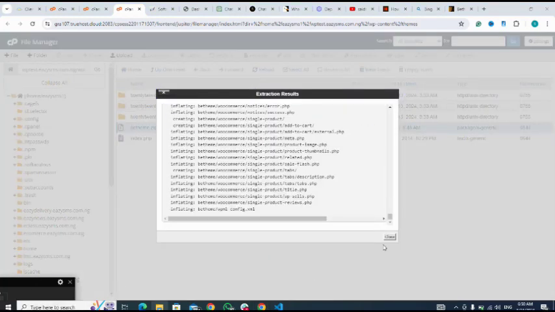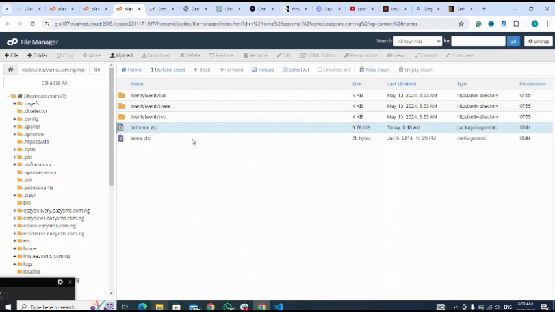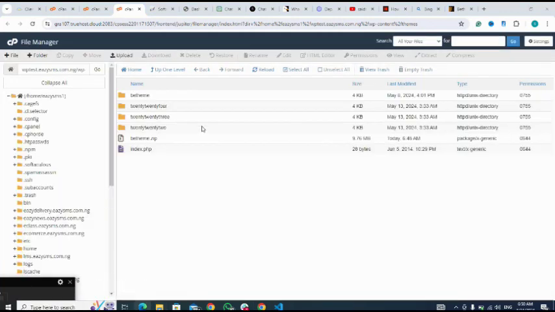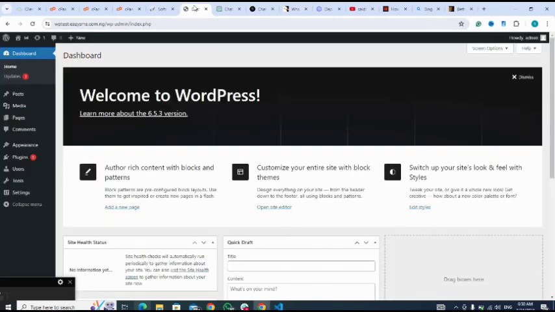Next I close. So I have uploaded my theme. Let me refresh it. We are going to see it now. Here it is, Betheme. Now I go to my dashboard, refresh my dashboard,